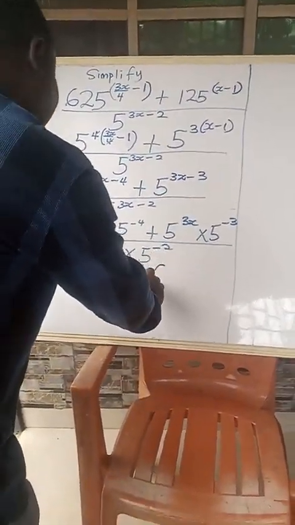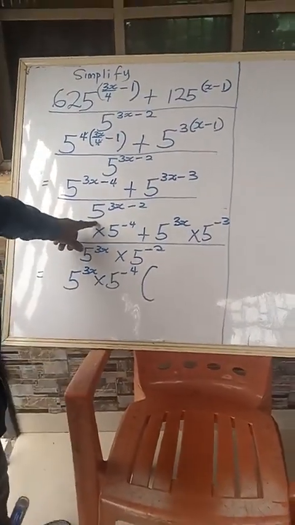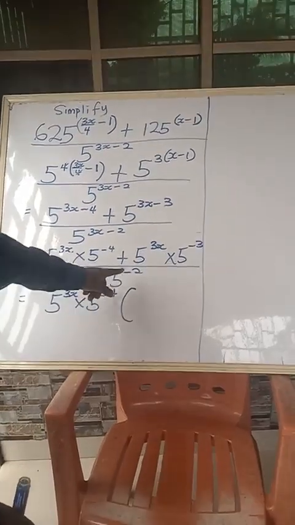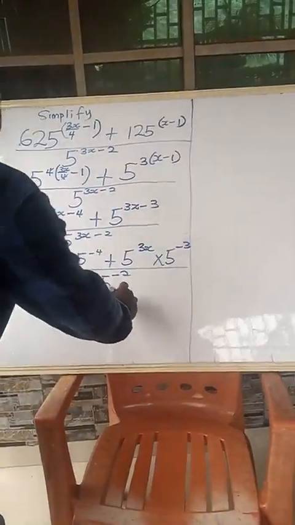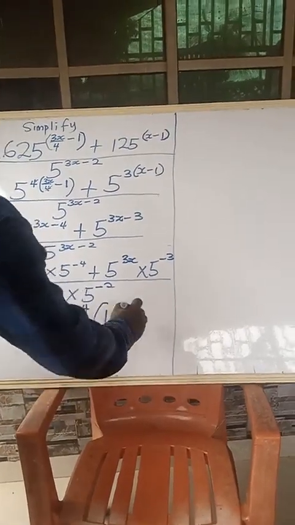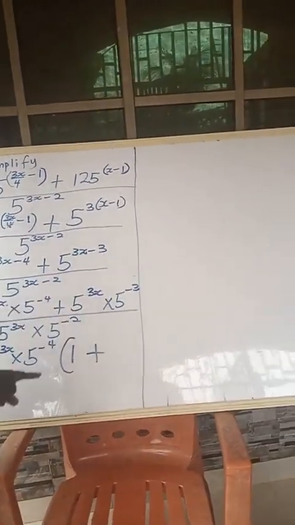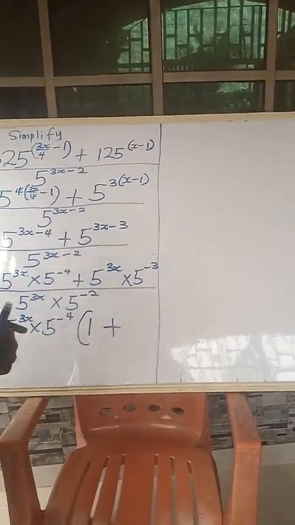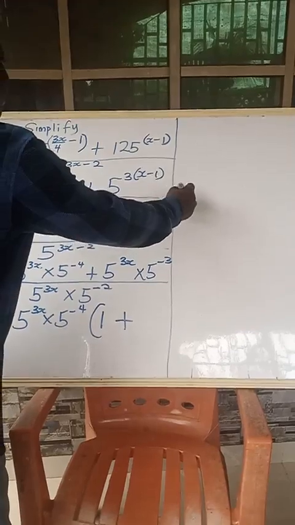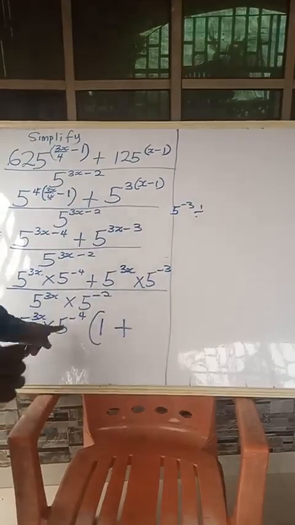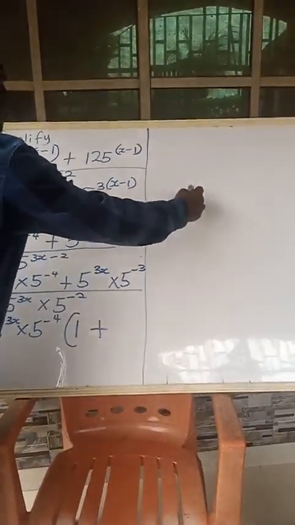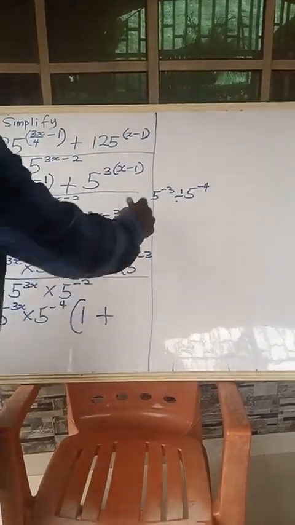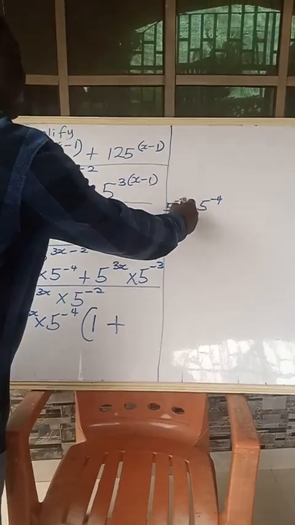Now, brackets. Now, 5 raised to power 3x, we cancel 5 raised to power 3x. Then 5 raised to power minus 4, we cancel 5 raised to power minus 4. And that will give us 1. Then plus 5 raised to power 3x, we cancel 5 raised to power 3x. Now, let's do this carefully. So 5 raised to power minus 3 divided by 5 raised to power minus 4. According to law of indices, we are going to subtract their powers. And that is going to give us 5 raised to power minus 3